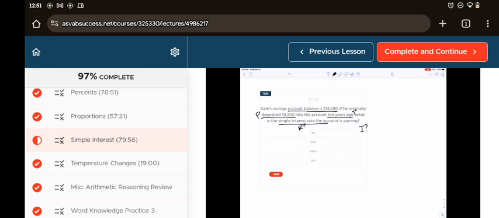14,080 minus 8800. 0 minus 0, 8 minus 0, I can't do this, so I borrow. 10 minus 8 is 2. I can't do this either, so I borrow. 13 minus 8 is 5. So our interest earned is $5,280. So now let's put that into our equation because we have everything now. So our interest earned is $5,280, and this is equal to our principal, which is $8,800, times our unknown rate